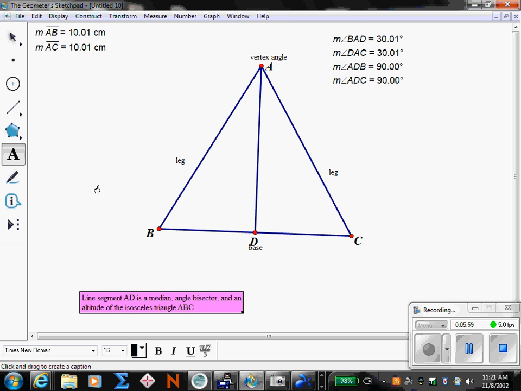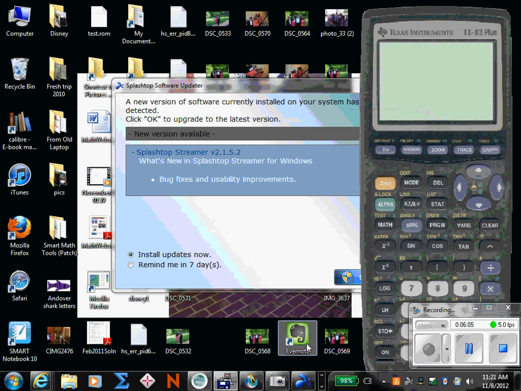Okay, so if you want to take a picture of this and put it in your notes, that would be great. It's going to go with conjecture